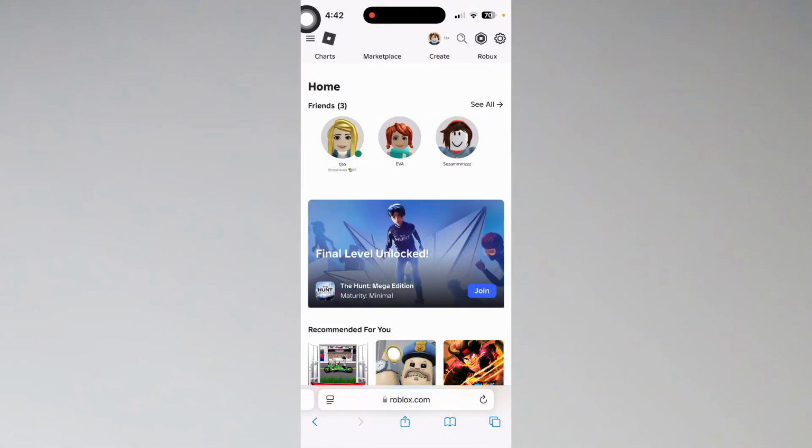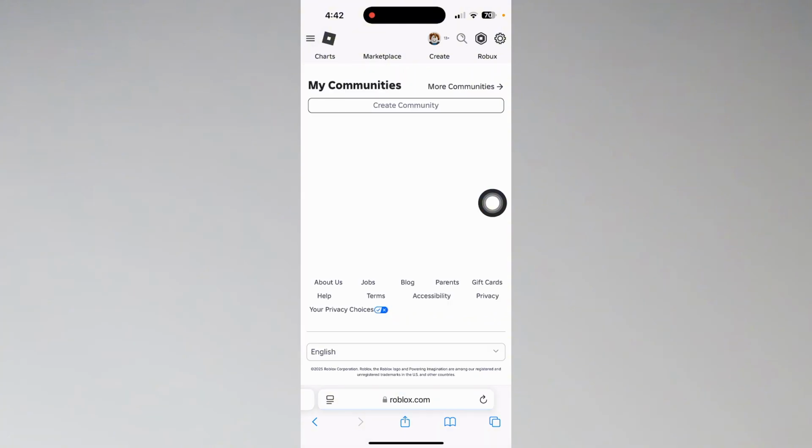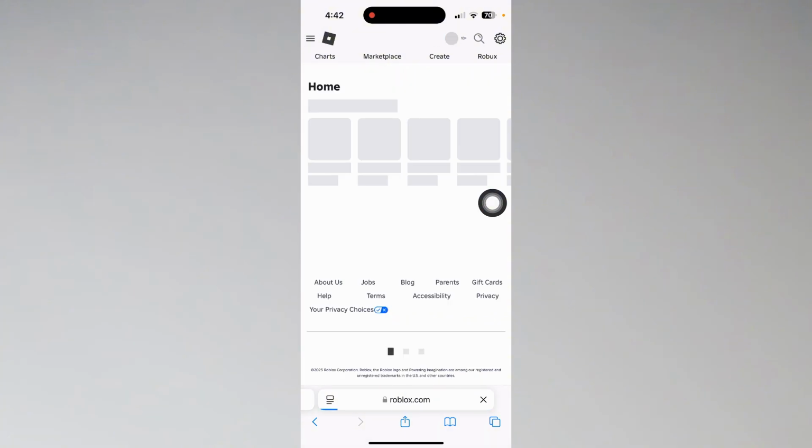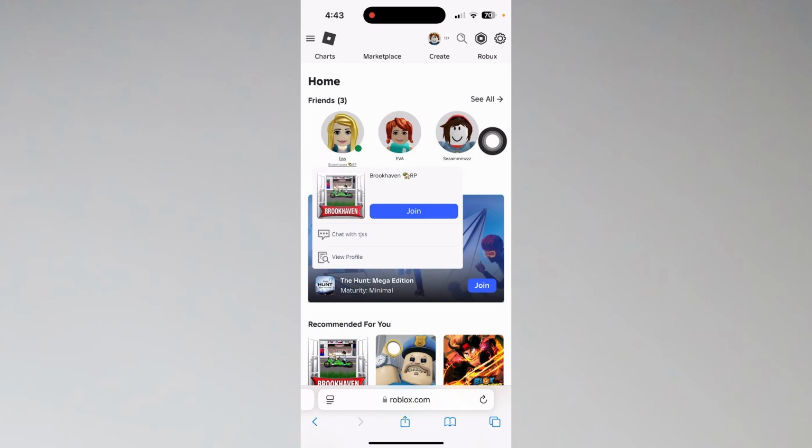Now you will find this three line button here at the top left corner. You just tap on it, and from here you will find communities. Sorry, not communities actually. You can just go to the home and you can just search for the person from here. Any person, you can just search for it, or you can go with your friends. For example, I want to copy this person's profile link, so I just tap on it, and I just need